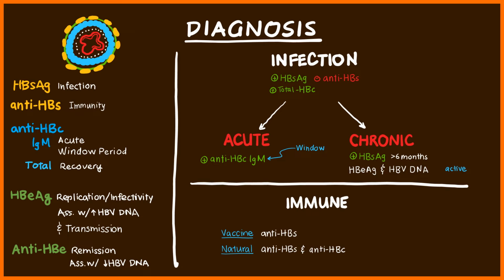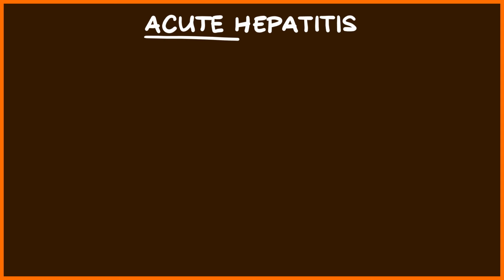So I hope this understanding, associating each serum marker with what they represent, and then from there deducing how to diagnose different types of infections and immunity, does help you grasp this, and when you get these questions on your USMLE, you get them all correct. So now let's actually talk about acute hepatitis, how it presents, and how we could potentially